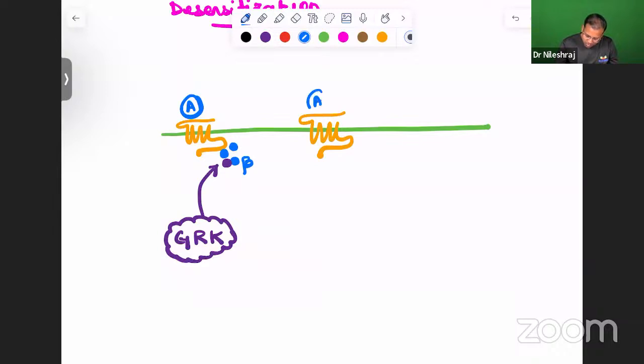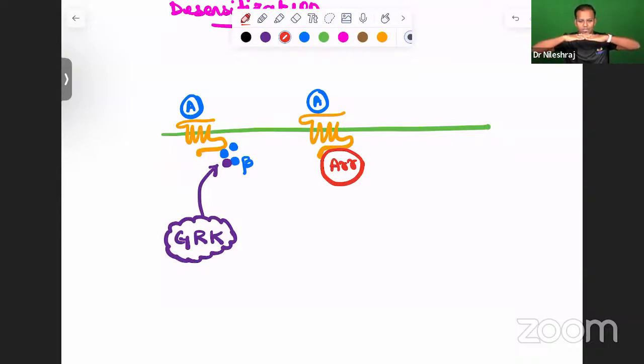The agonist is bound on the extracellular area. This G protein receptor kinase molecule will attract one more protein called arrestin. This arrestin molecule, if it is bound with the G protein coupled receptors, it means, consider here is where the